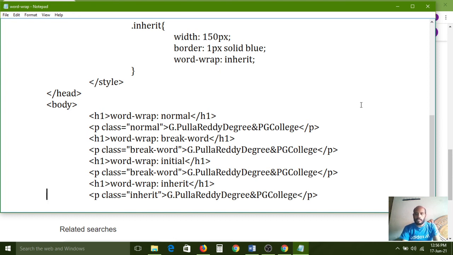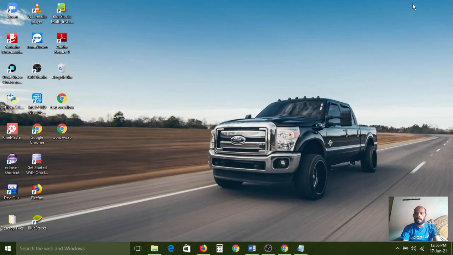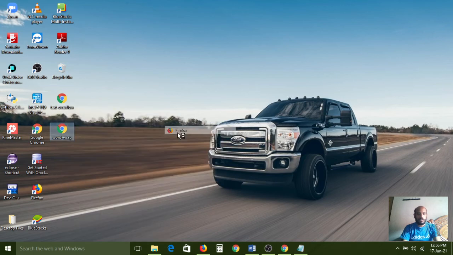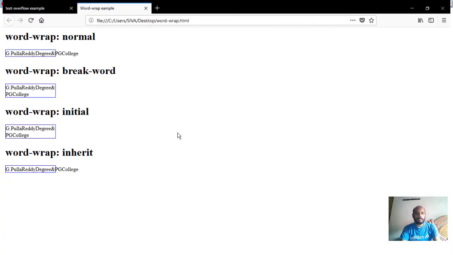I think we are getting some compatibility issues now. Instead of opening in the browser, we need to open in Firefox. So it is also taking the initial value. Sorry, it is also taking the normal value. Inherit is also taking the normal value.